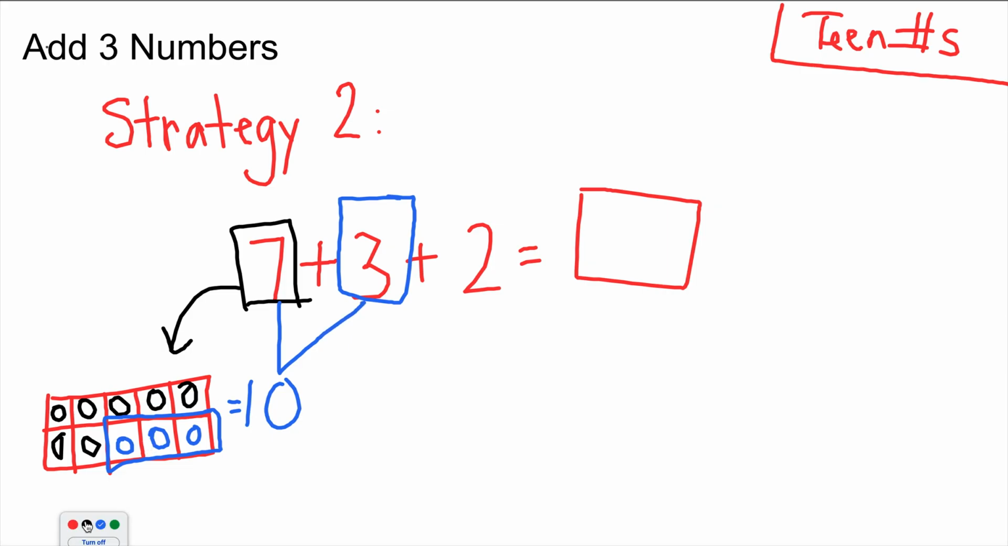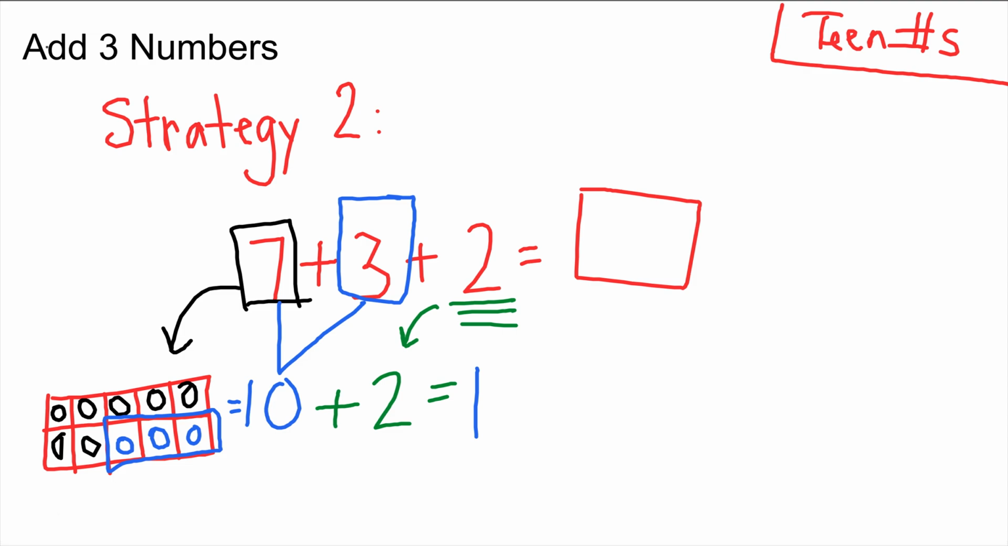But am I done yet? I'm hoping that you're saying no, because the 2 is saying, don't forget about me. So I'm still adding, and I'm adding 2 more. And oh my gosh, I just made a 10 and I have some 1s, and that means that I'm going to make a teen number. So my teen number is going to be 1 ten